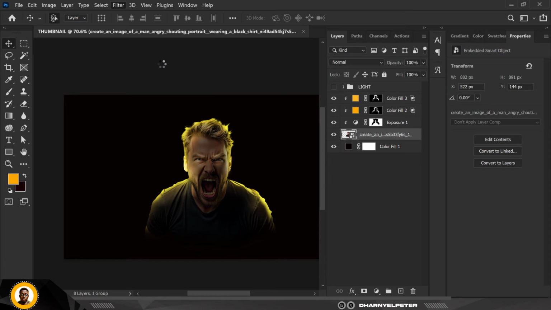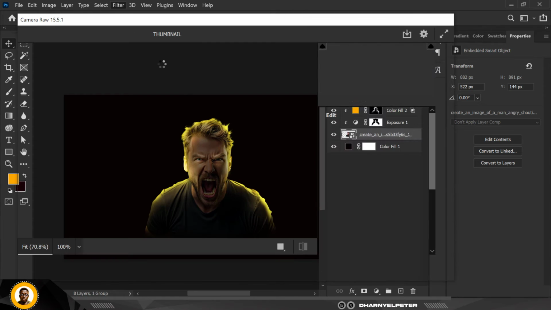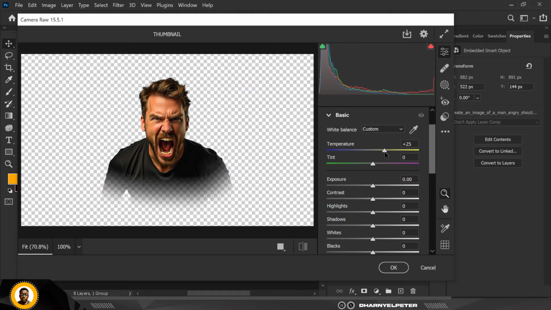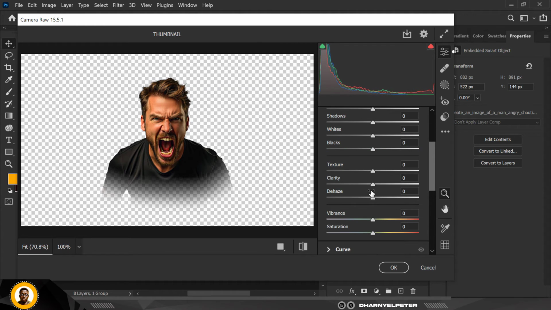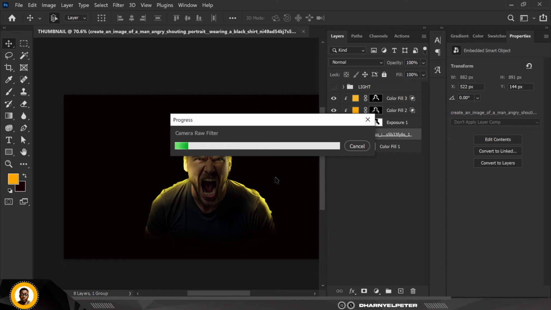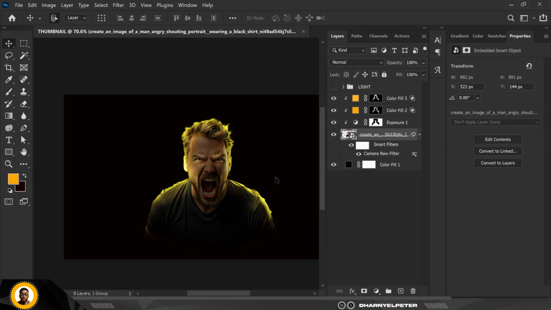So what you should do is go back to camera raw, and I'm clicking on the image now. A couple of things I want to add to it, like under basics, I would like to increase the temperature, make it warmer, and dehaze it like this. You can follow my settings, and add some more texture to it, and let's see. Okay, at this point you can click OK. It's fine, perfect. And before, and this is after,